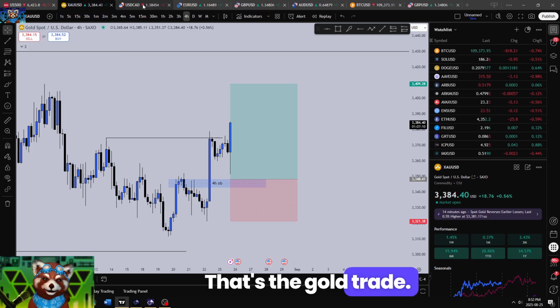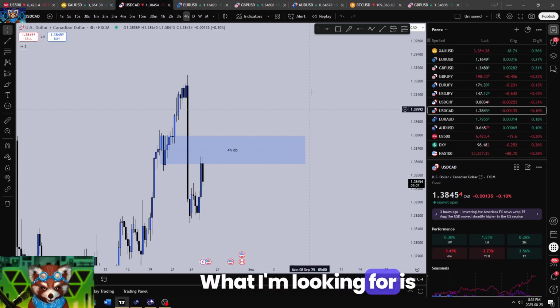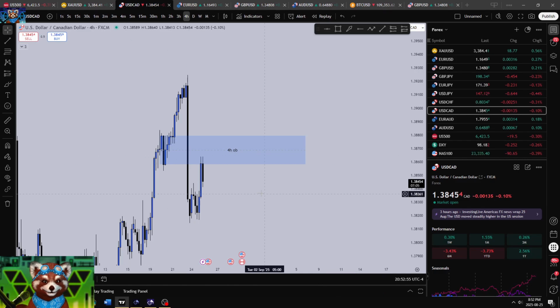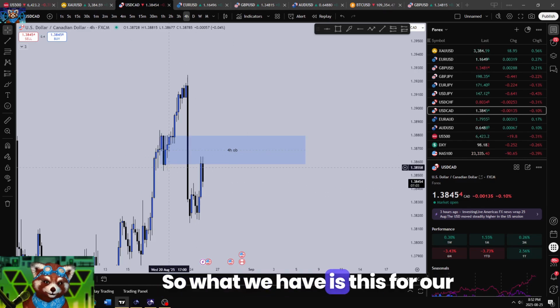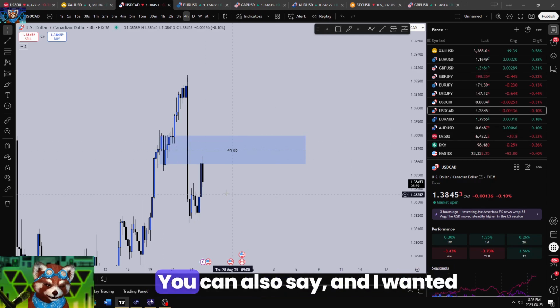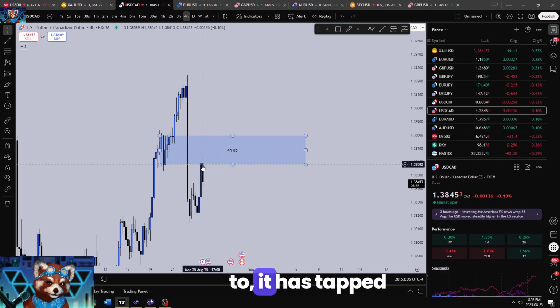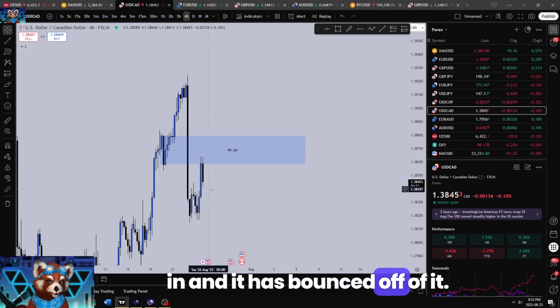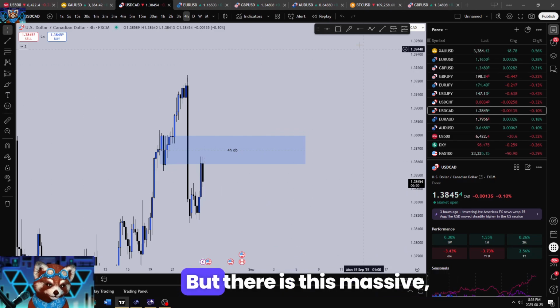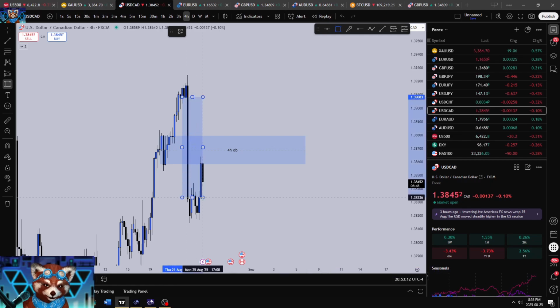That's the gold trade. My favorite pair, what I'm looking for, is USD CAD. What we have is this 4-hour propulsion block, or order block, you can also say. It has tapped in and it has bounced off of it. But there is this massive